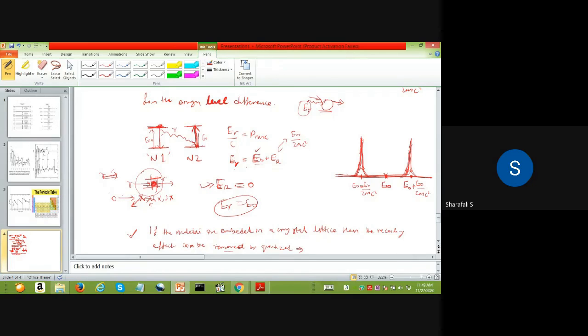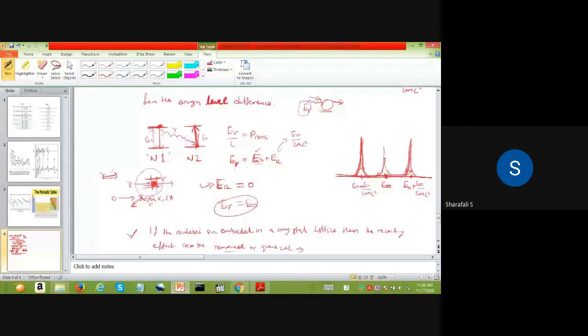In such cases, you can have a spike at E0. Normally this spike will not be that large. The spikes for these two cases, absorption and emission, will be larger, and this one is smaller because only a few nuclei will have this kind of nature. So if you embed your nuclei in a crystal,